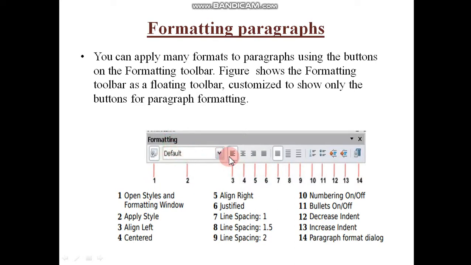Third, alignment: align left, centered, align right, justified. Line spacing 1, line spacing 1.5, line spacing 2. Then numbering on/off. If you want numbering on, then click on numbering on/off. Then the bullets option, decrease indent, increase indent, and the paragraph format dialog box. That type of option is available in the formatting toolbar.